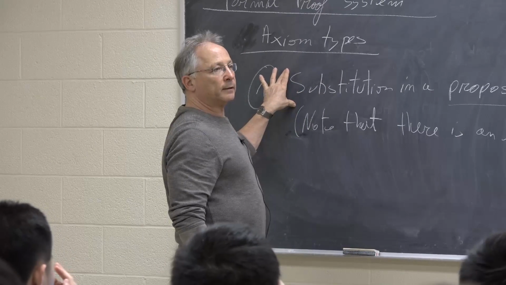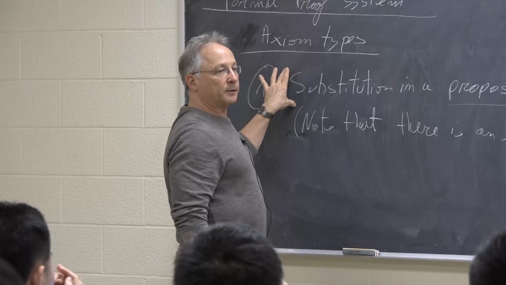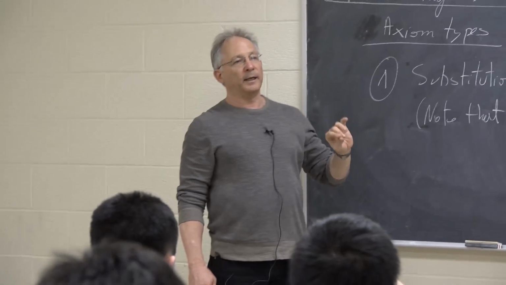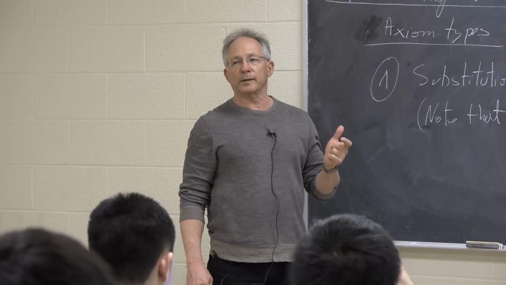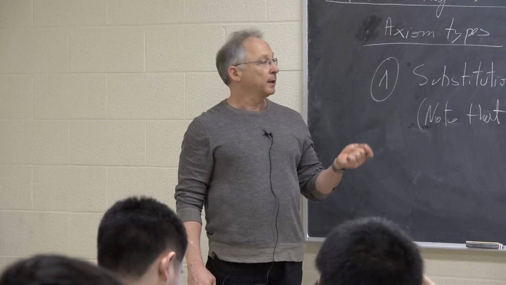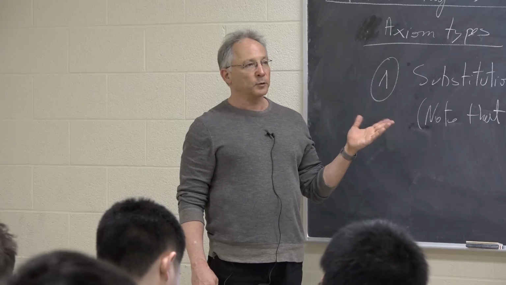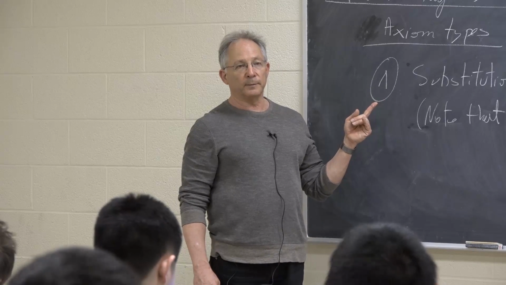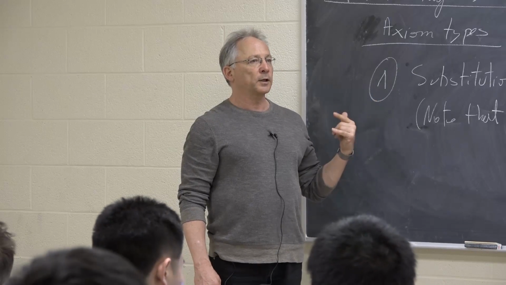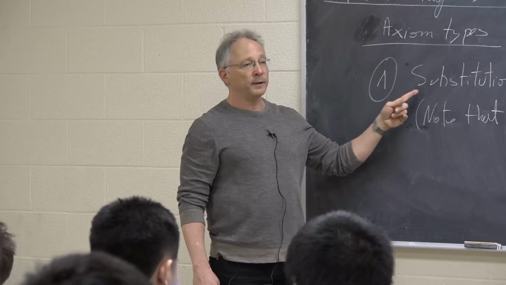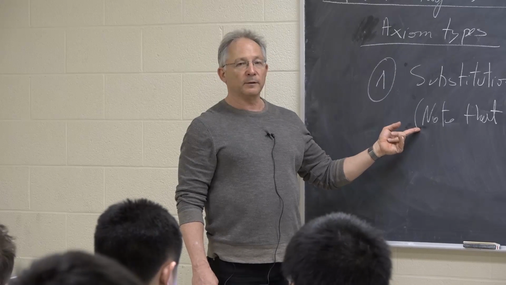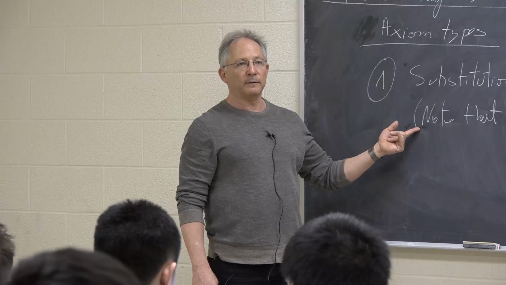I could have tried to go further and say, if I allow myself checking for truth, I could say, oh, every logical truth is an axiom. But then it turns out, and we'll see it later, that we don't have any algorithm that can check if a given formula is a logical truth or not. While we do have an algorithm that can check if a given proposition is a tautology, just a truth table, we don't have an algorithm, and we will prove that no such algorithm exists, that could check logical truths in first order logic. So it's very important that here the truth of such a statement is implied already